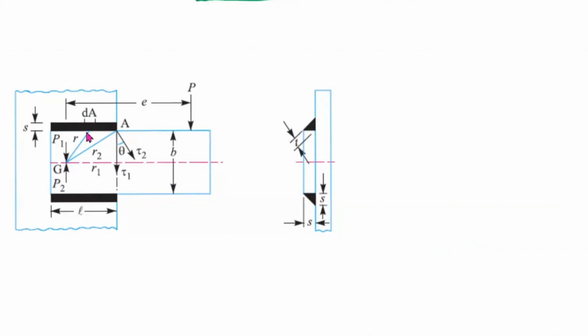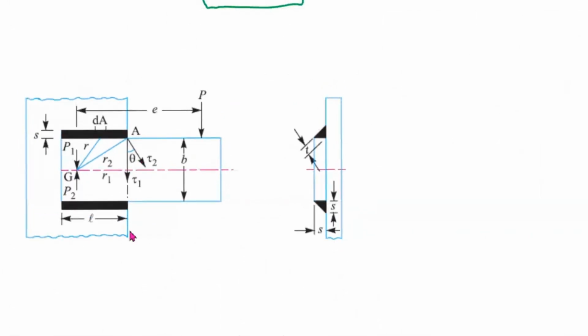Now this is the sketch already drawn. So instead of drawing it again, I thought I will pick this one only. Now you can see this is a weld, this is another weld. These are parallel welds, double parallel fillet weld. This is the size of the weld, length of the weld L, force applied is P, E is the eccentric